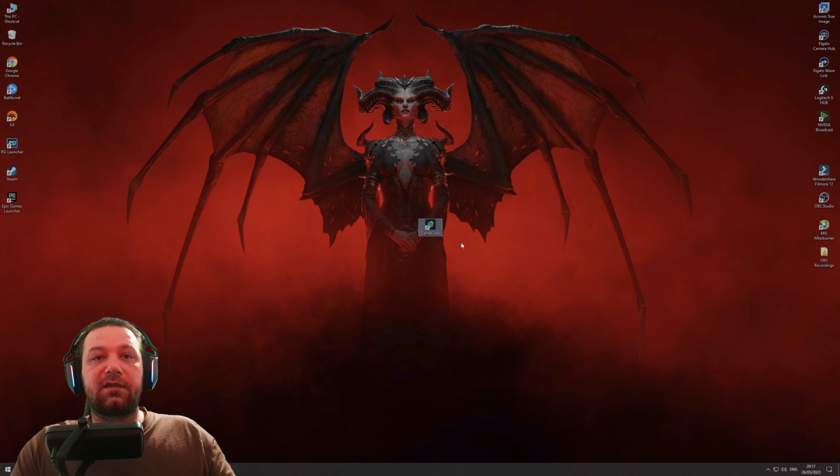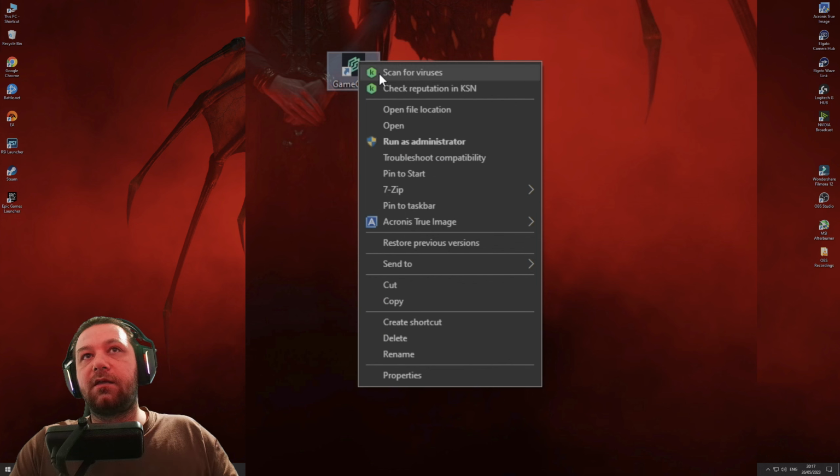Something really important that needs to be said: if you are planning to play Star Citizen with GameGlass, one of the requirements is that you always start GameGlass as administrator. This is how it has to be done, so your key presses can be registered in-game. How do we do that? There are two ways. One of the ways is to right click on the icon and run as administrator,